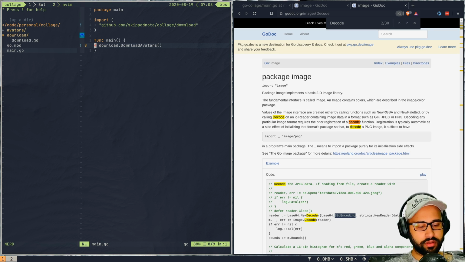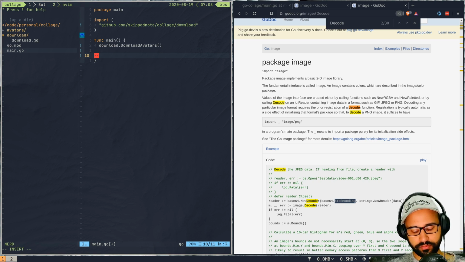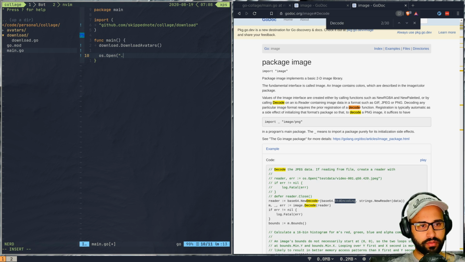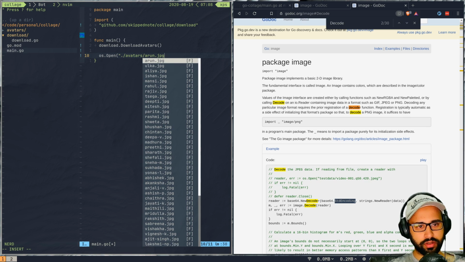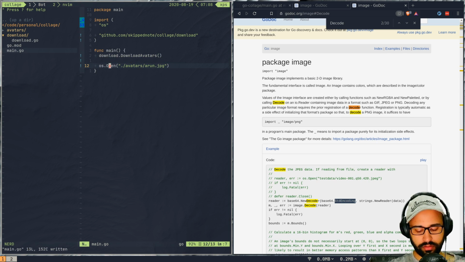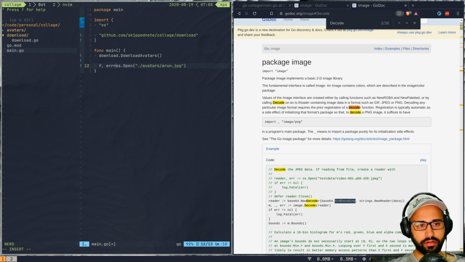So let's say, let's do it in main for now. We'll do os.Open on a file called avatars/arun. I'm just testing things out, so I will be very specific here. It doesn't require any other parameters, so we do need a file and an error. So if error